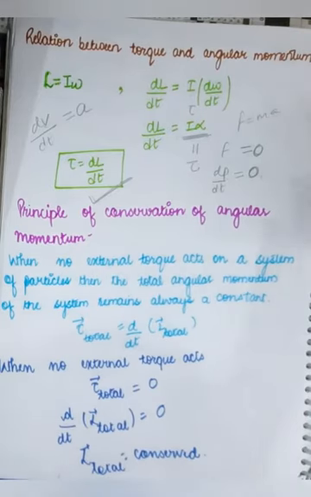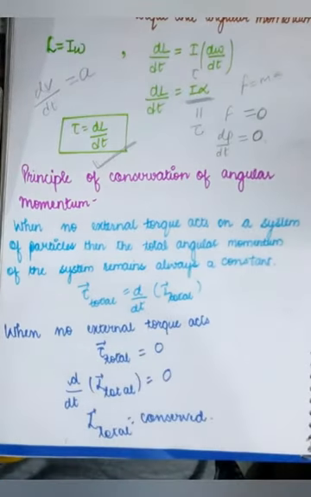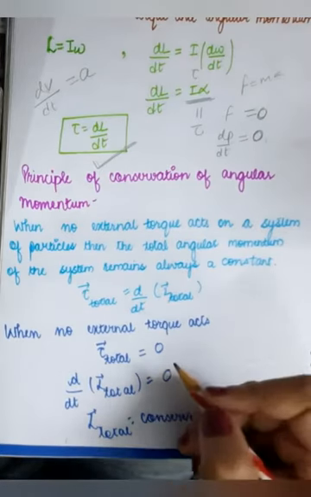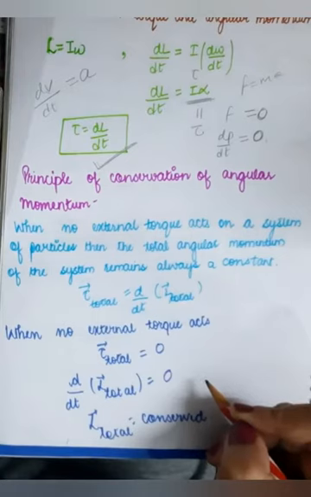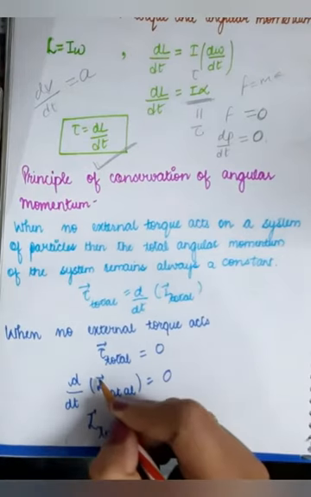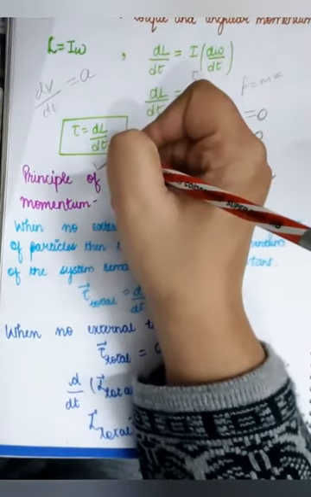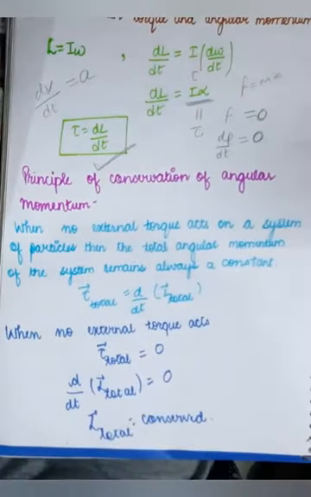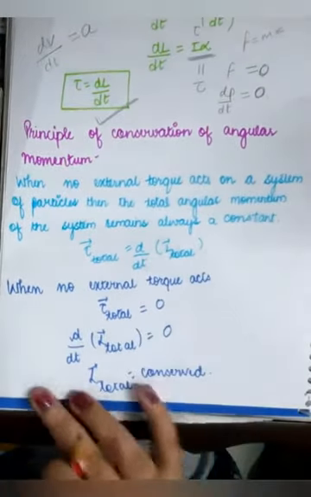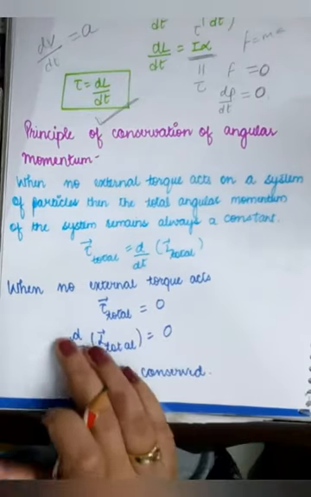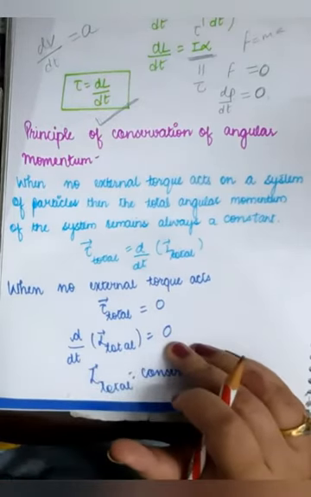But right now we are not studying linear motion, we are studying rotational motion, and we have to see that the law will become the principle of conservation of angular momentum. So this law states that when there is no external torque acting on the system, then tau external can be written as 0, but we know that tau is equal to dL by dt, the derivative of angular momentum. So if tau is equal to 0, then dL by dt, the derivative of angular momentum, will also be equal to 0.